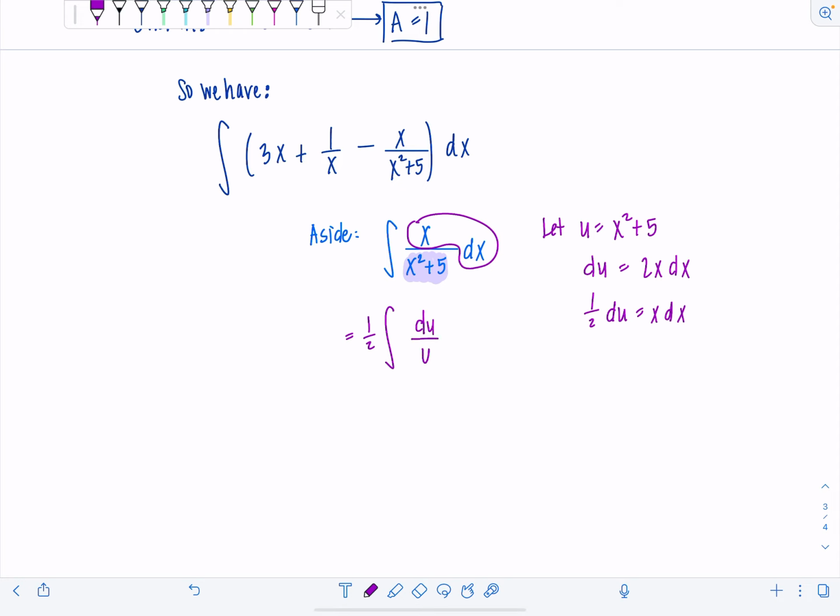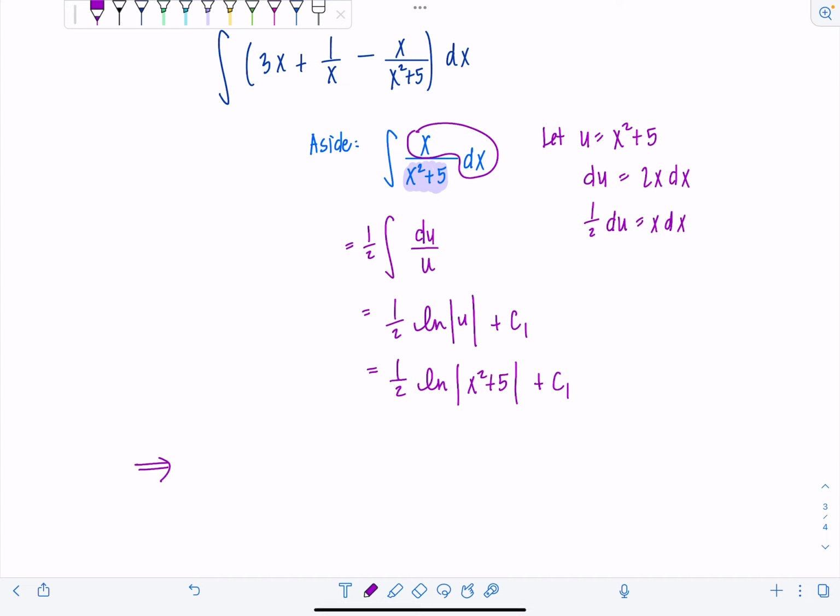Du over u. And then what would this be? This would be 1/2 ln absolute value of u plus, I'll call it C1, which is 1/2 ln absolute value of x squared plus 5 plus C1. Okay, why am I calling it C1? Because this is not my final answer. I want to save just writing plain old C for my last answer that I'm going to report, which means now